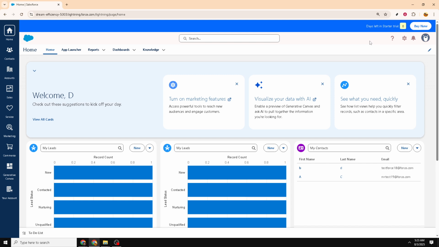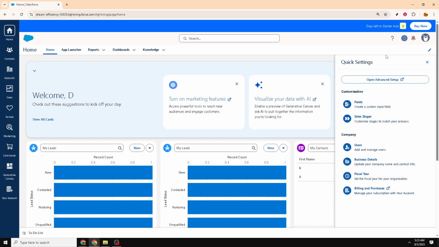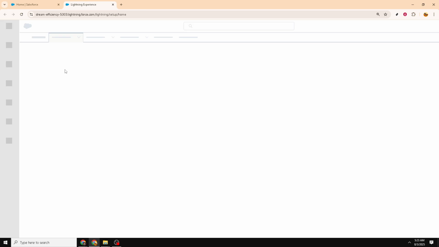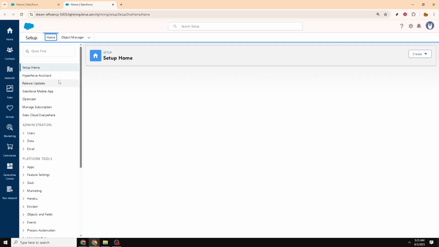This will be your starting point for accessing all the necessary settings and configurations. Once you're there, look for the Quick Settings option, typically located at the top right corner of your screen. Clicking on this will open a drop-down menu. From there, you'll want to proceed by selecting Open Advanced Setup. Advanced Setup is where all the powerful configuration options are hidden, allowing you to tailor Salesforce to better fit your